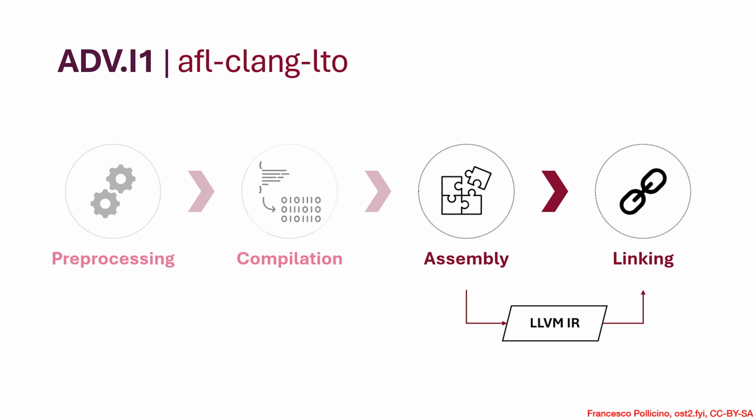Essentially, the linker can see all the object files at once and optimize the entire program, such as by doing function inlining or removing unnecessary code. For AFL, we need the right compiler, which in this case is afl-clang-lto for C code and afl-clang-lto++ for C++ code. These compilers handle the LTO options and use a special AFL linker instead of the regular system linker. The AFL LLVM linker gathers all the LTO files to link them and adds the necessary instrumentation for code coverage.